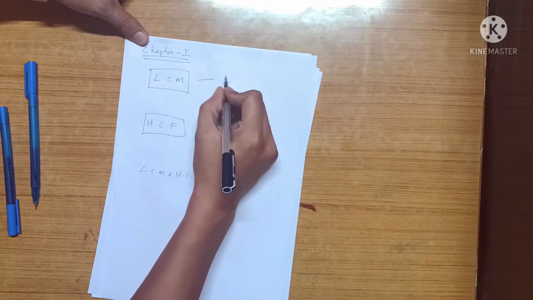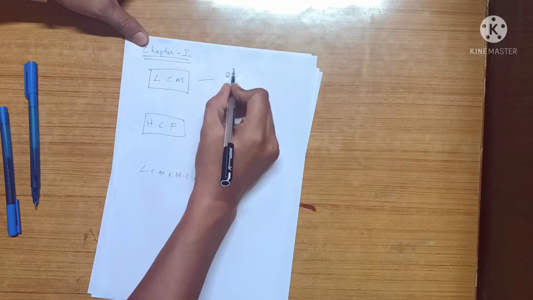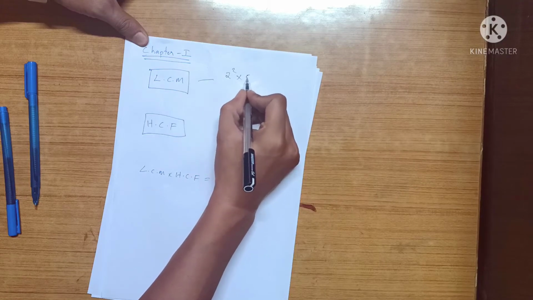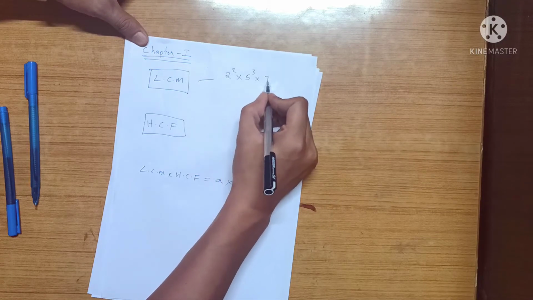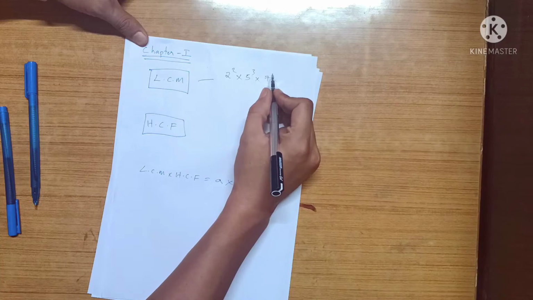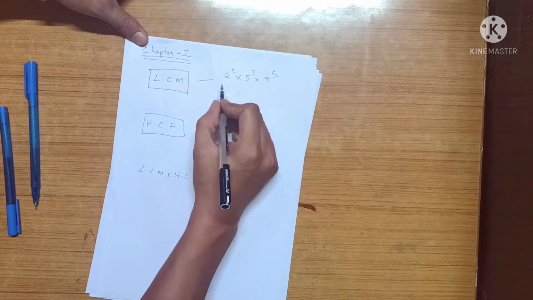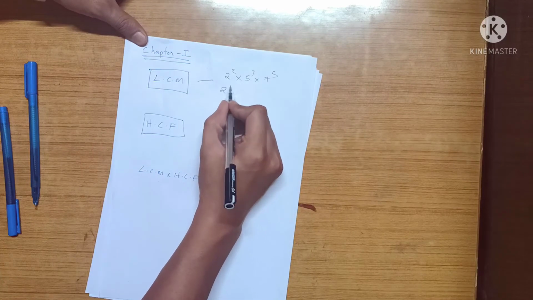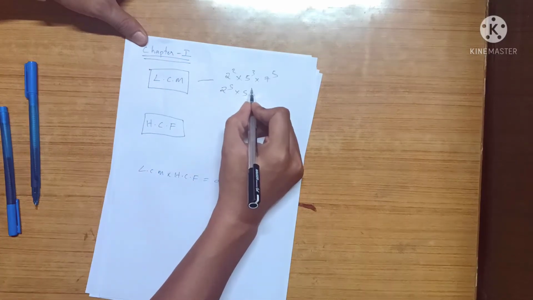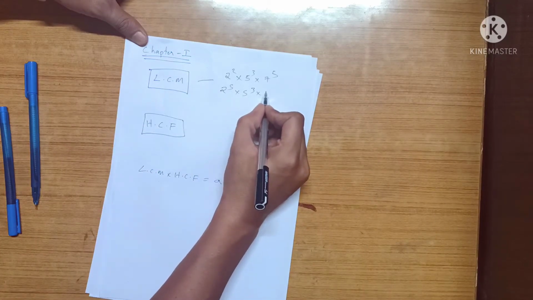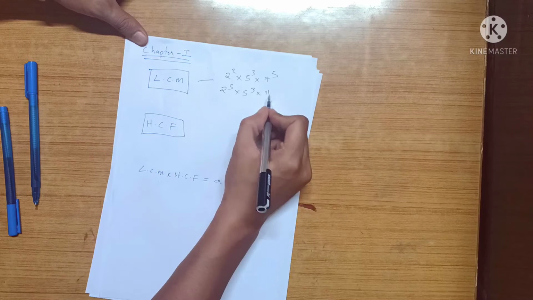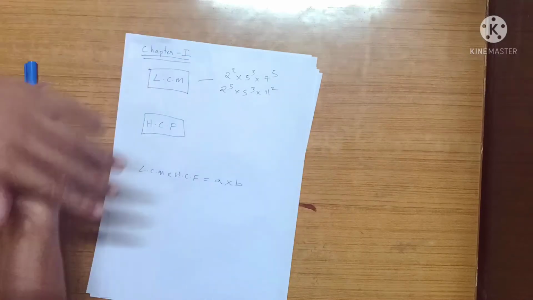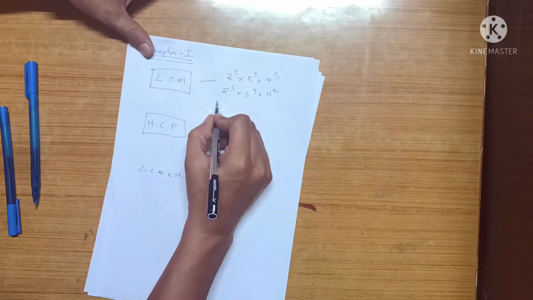For example, if you prime factorize and you get 2 cube, 2 square into 5 cube into 7 to the power, let's say 5, and then you prime factorize another number and you're getting 2 to the 5 into 5 cube into, let's say, 11 square, suppose, then LCM will be